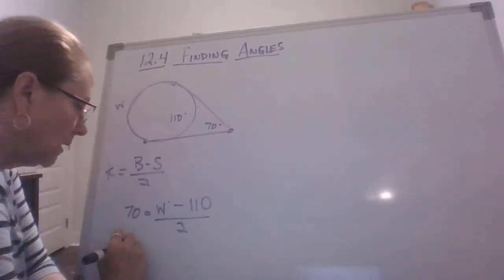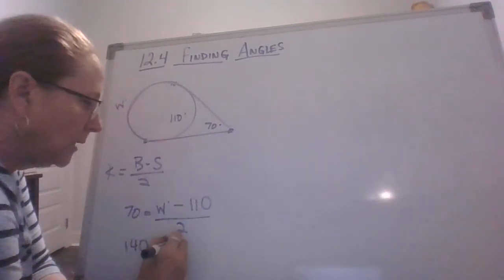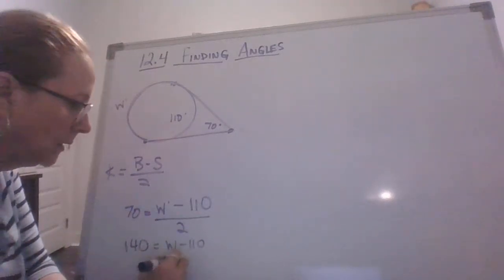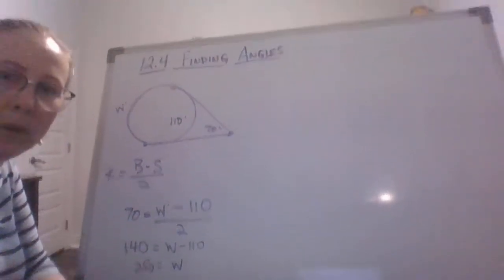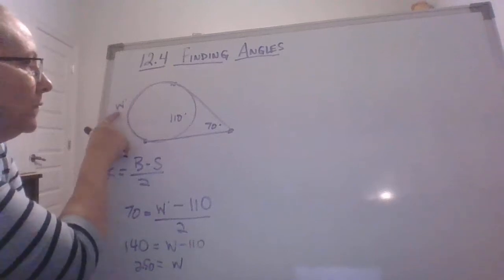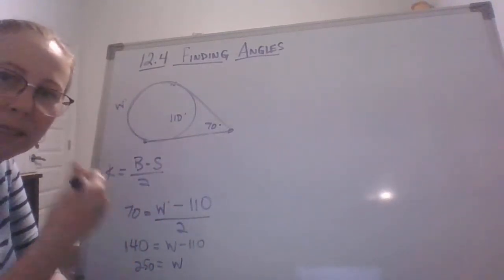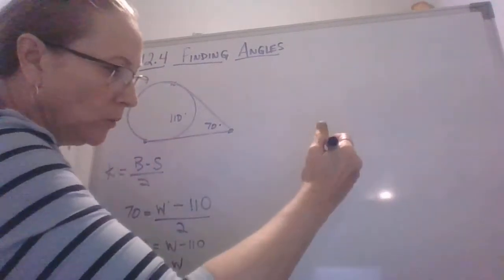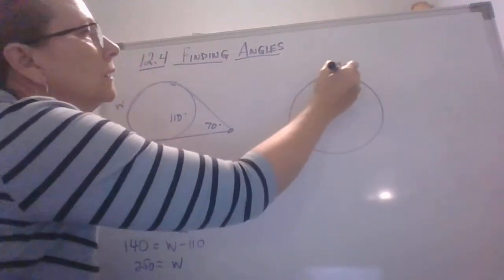2 times 70 is 140, multiplying both sides by 2. W minus 110, add that up. W is 250. Great, I made it on the screen. I wasn't so sure for a second. So 250 minus 110 is 140, divided by 2 is 70. That checks. All right, next one up, another one with an angle outside, but this time the angle will be missing. Finally,